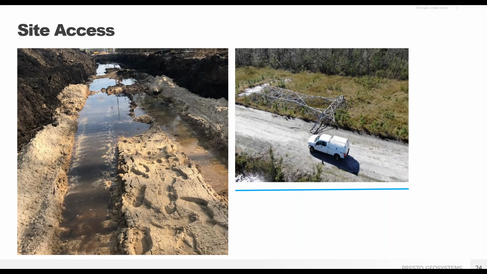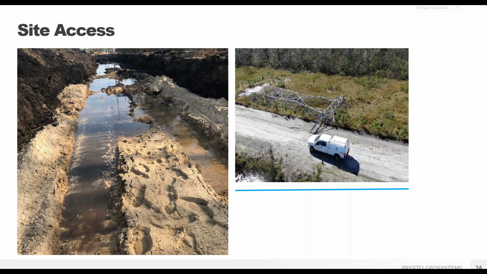This is a good GeoWeb load support project to demonstrate using the GeoWeb as its own site access during construction. This was a project for Duke Energy in Florida to install new transmission towers through wetlands. Hurricane winds demolished over 100 towers, all of which had to be restored over this extremely soft subgrade. The saturated sand could not support any type of vehicle loading. An enhanced woven geotextile was placed over the subgrade, adding an additional strength layer to the system and allowing water movement without getting clogged by the sandy material.